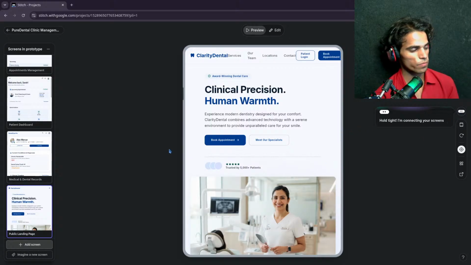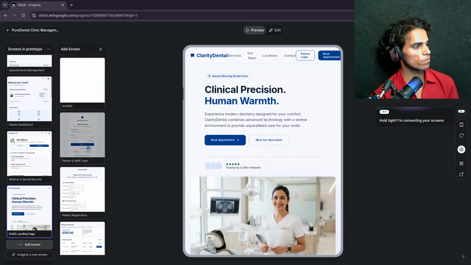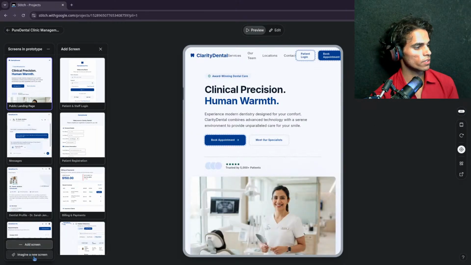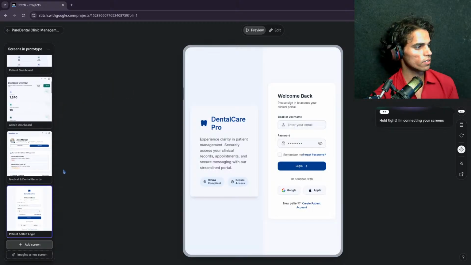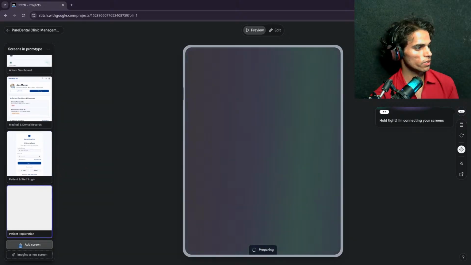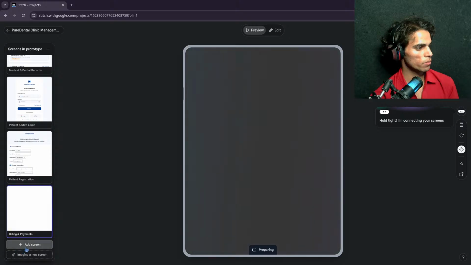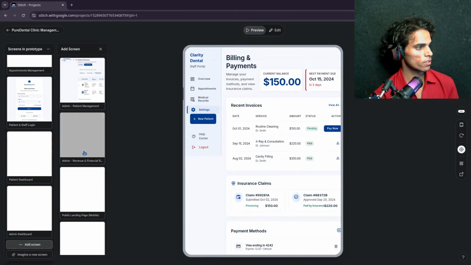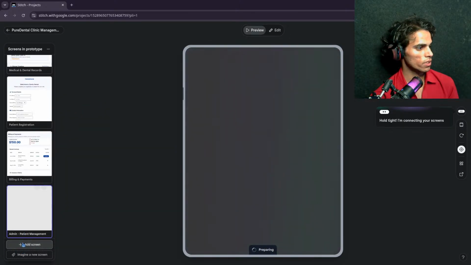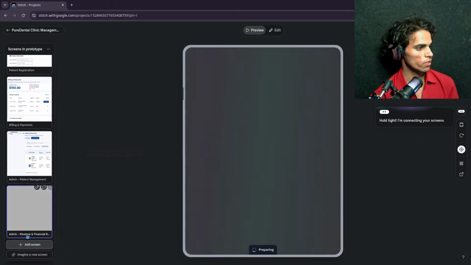Then you have patient start registration, and then we have patient registration and billing and payments, admin patient management, revenue and financial.